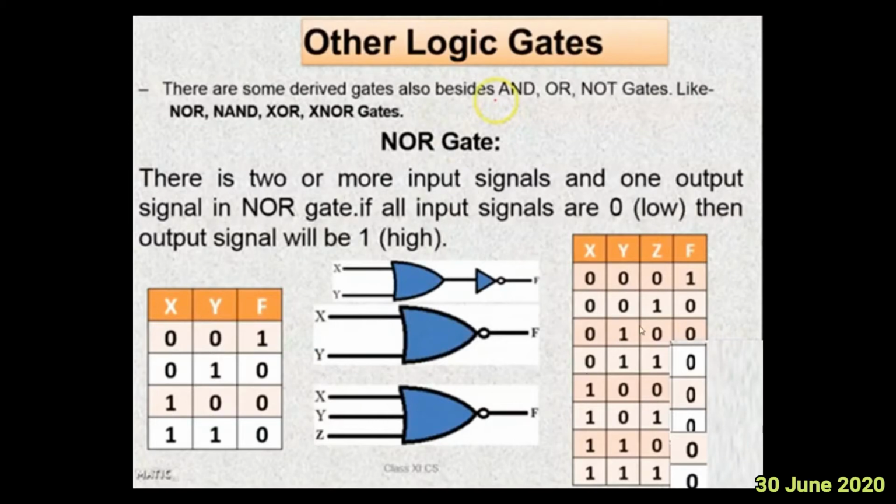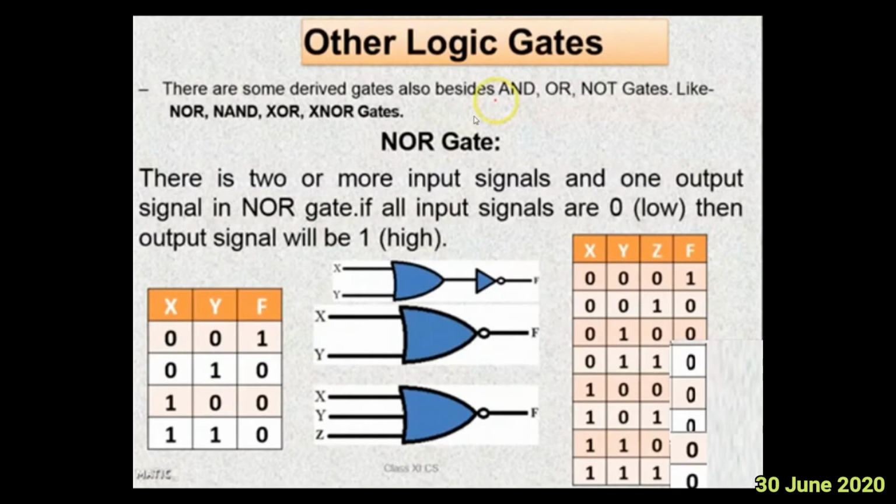The same law is applicable for 3 input NOR gates also. This is a 2 input NOR gate, and this a 3 input NOR gate. So once again you have to write the possible combinations for 3 variables X, Y, Z. 3 variables means 2 raised to 3, which means 8 combinations from 0 to 7, that we have seen in octal, right? Now before writing the output function for this, let us see that one also.